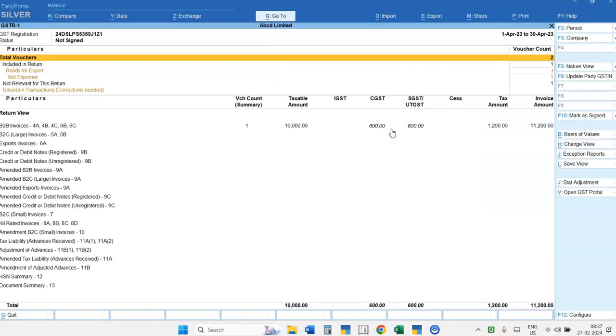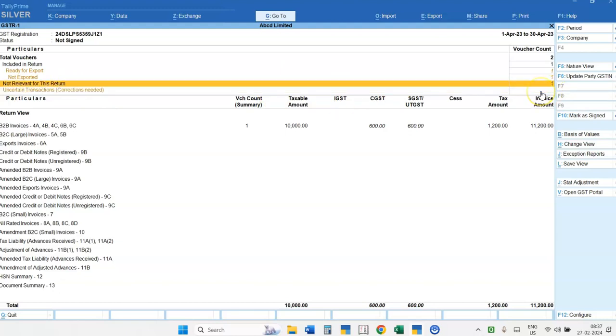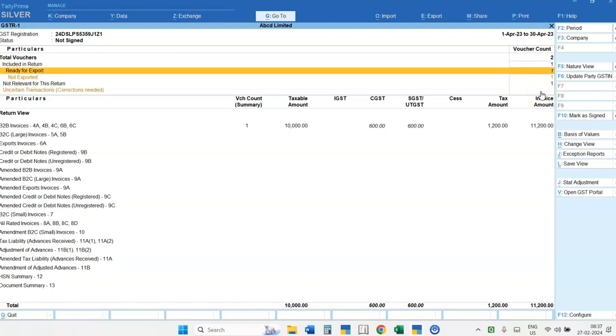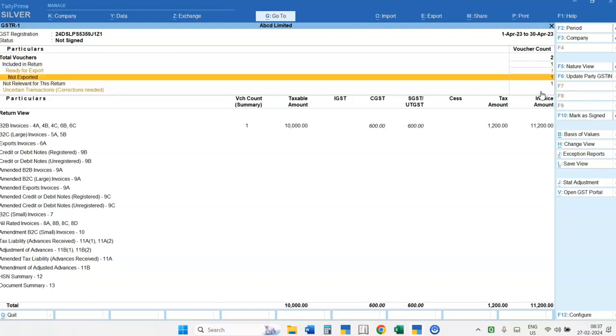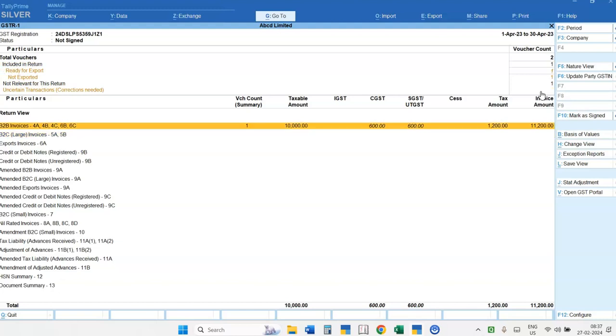So this is your GSTR1 report for 1st April 2023 to 30th April 2023. If some of the transactions require correction, then it will be specified here. Right now there is no correction required. So in total we have entered 2 transactions, and one is not relevant for the return and one is relevant for the return. So this is my B2B transaction.